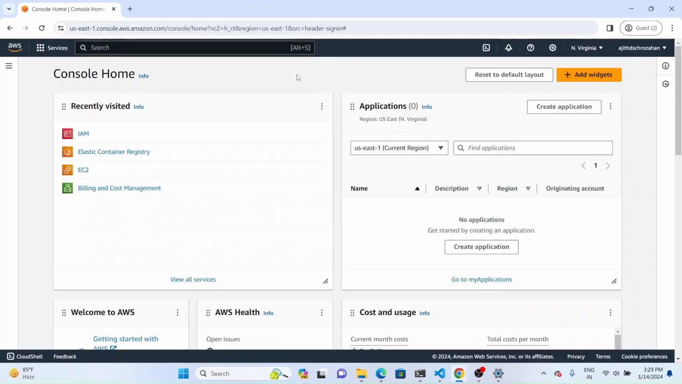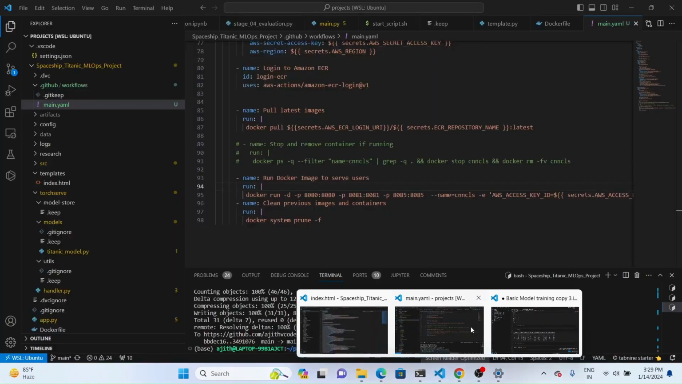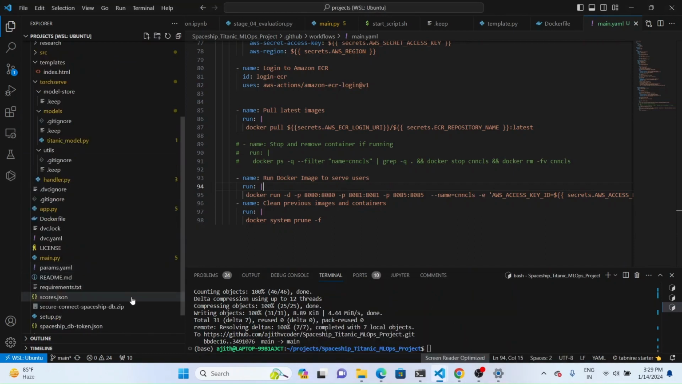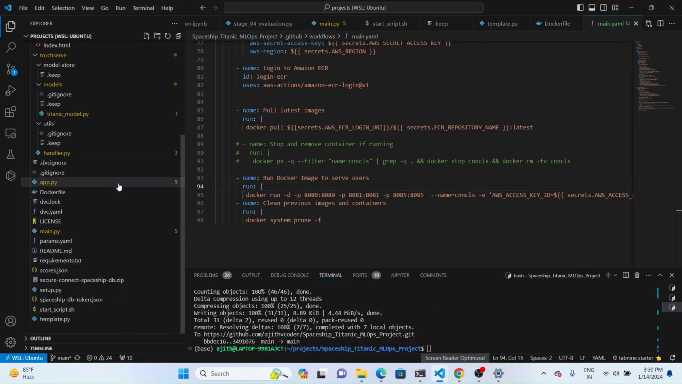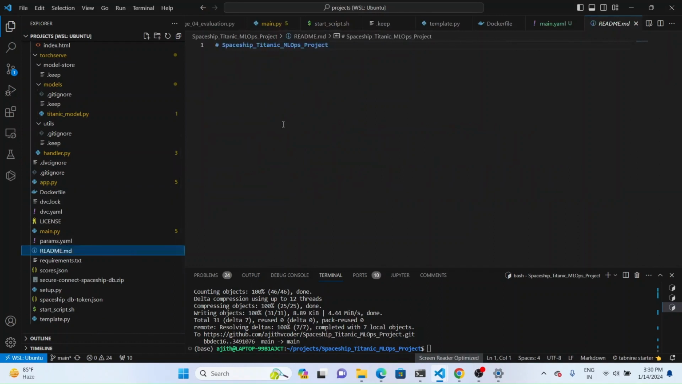Now we are going to connect with AWS and create the necessary things to set up our Docker image, the CI/CD pipelines, and then deploy our application. That is what we are going to do now. I have written every step in the README for this. If you see the README,